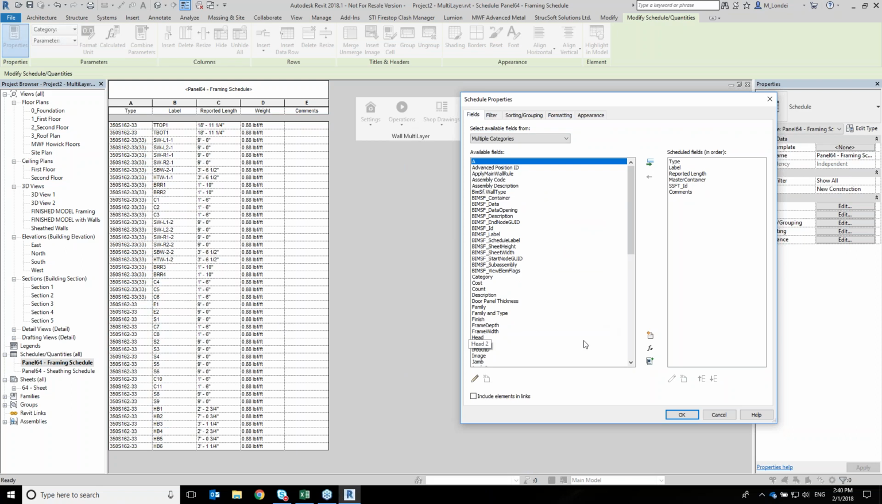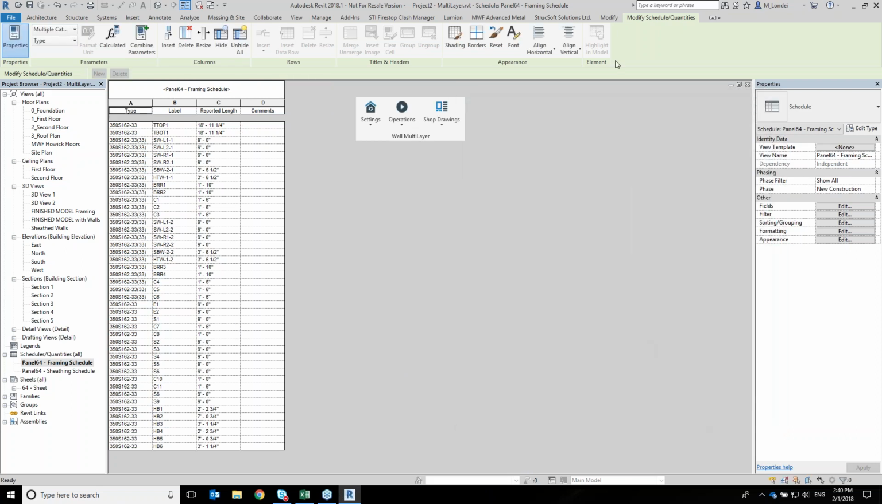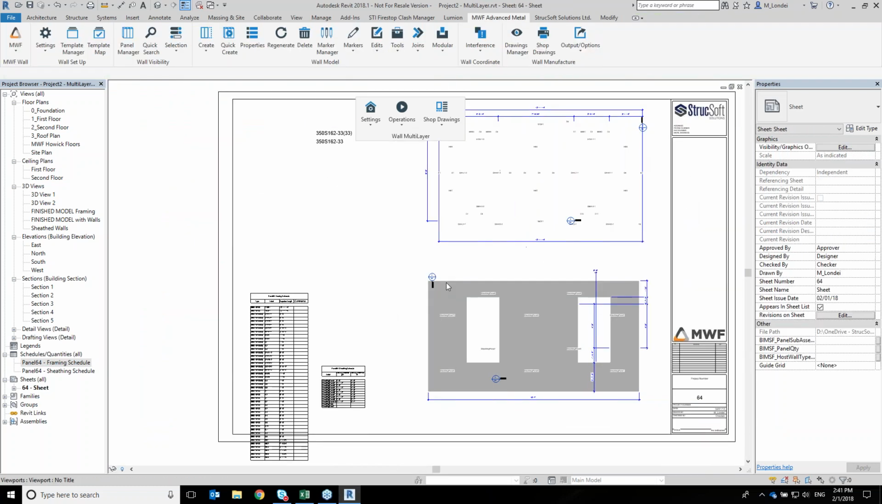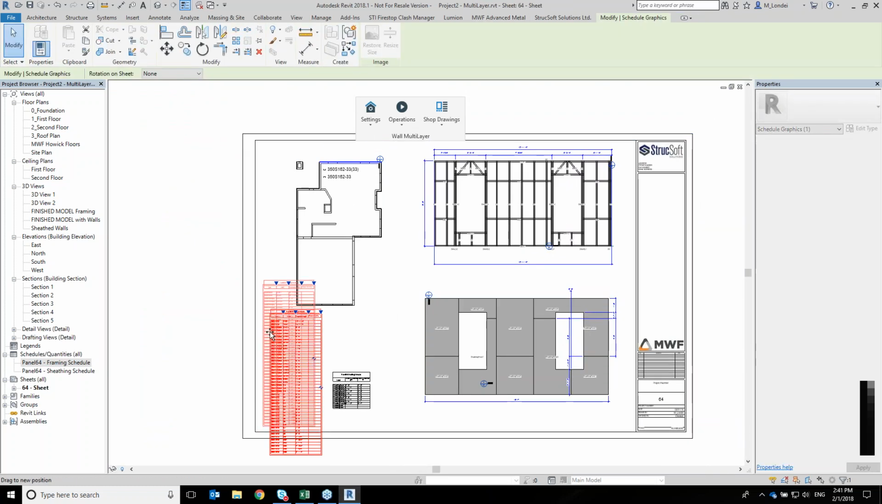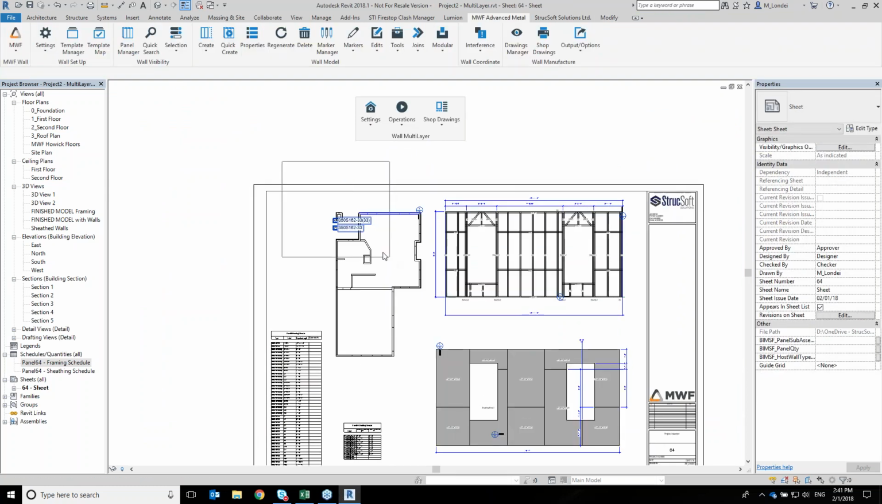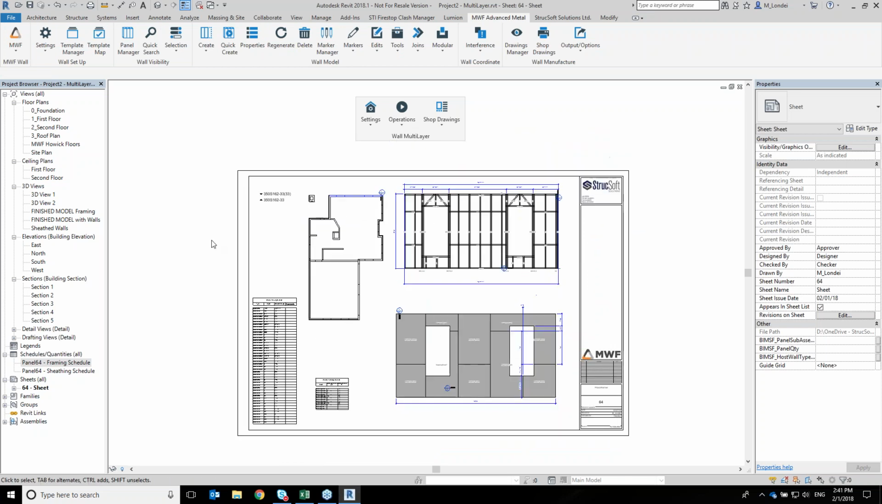So again, much faster, much more efficient to set up, much easier to use, and much prettier. Move that guy up here, move this guy over here. So I hope you guys enjoyed taking a look at the new multi-layer shop drawing settings, the drawing engine, how we can associate a template to a wall type. This wasn't in depth into the sheathing. I know that. If you guys have any questions,